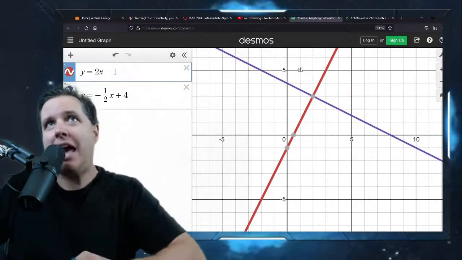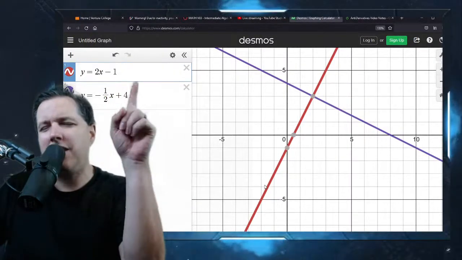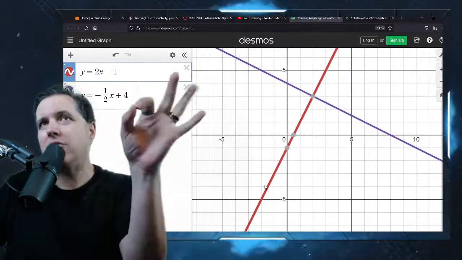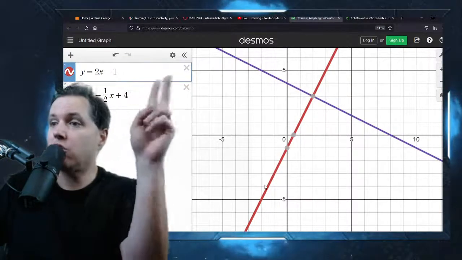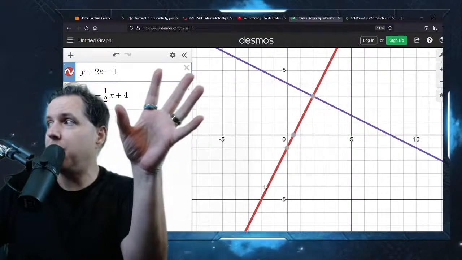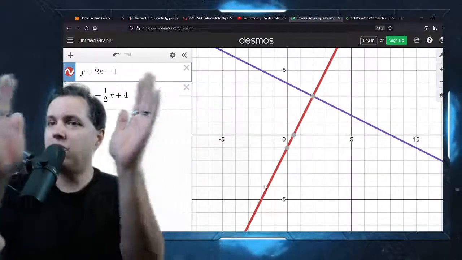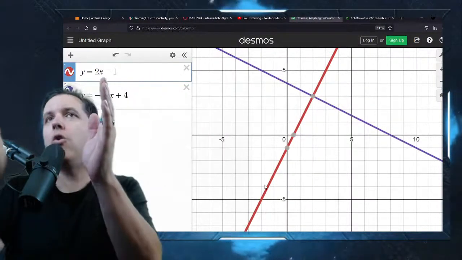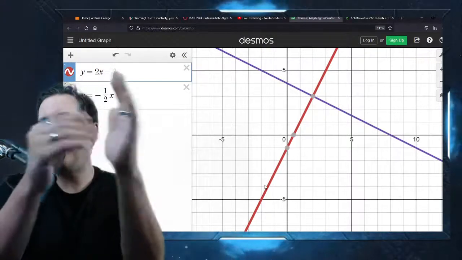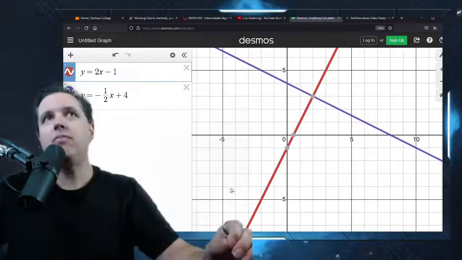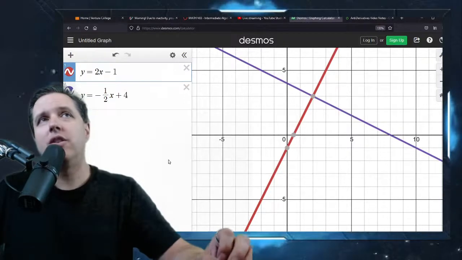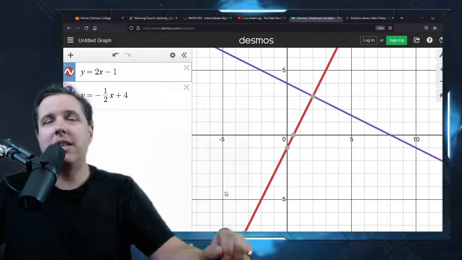So you should just kind of have this in your brain and go, okay, yeah, that's right. I remember him doing that in class. That's what this solution is supposed to look like. I'll show you what the other solutions look like in a few minutes when we get to that. But you want to have each of those images in your brain so you can go, oh, this is the one where they're parallel lines, or whatever the image is that you're working on. For right now, it's going to look something like this.